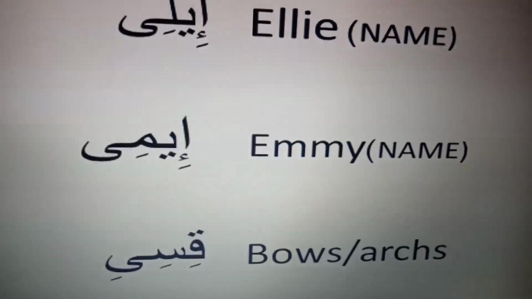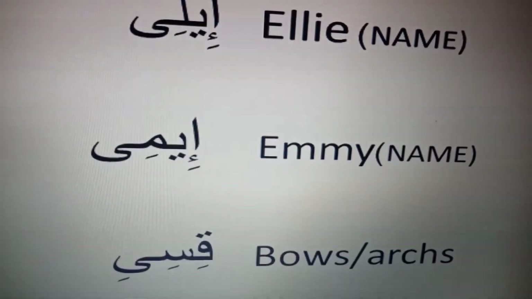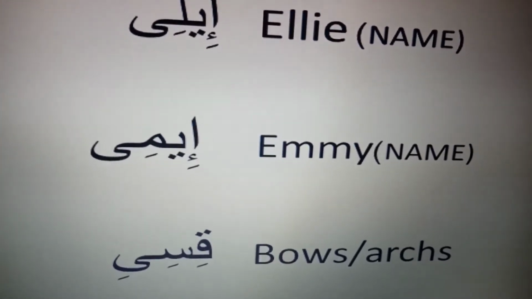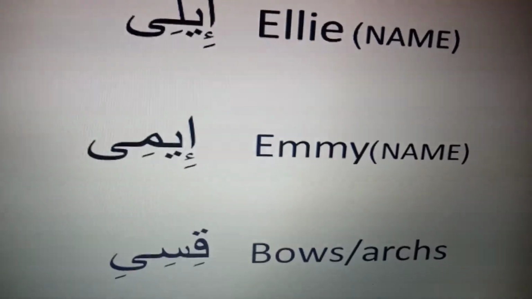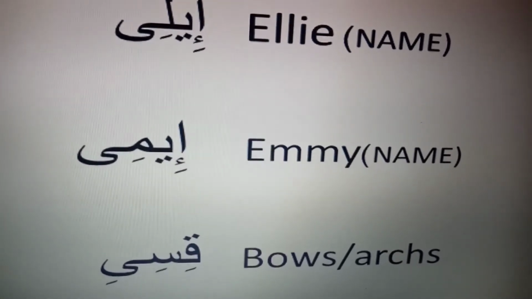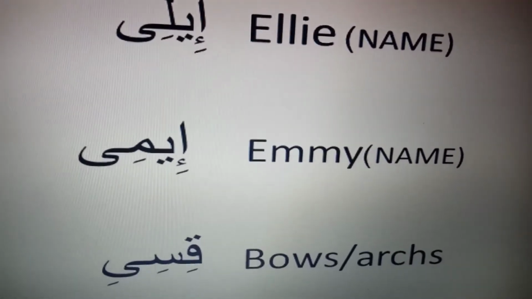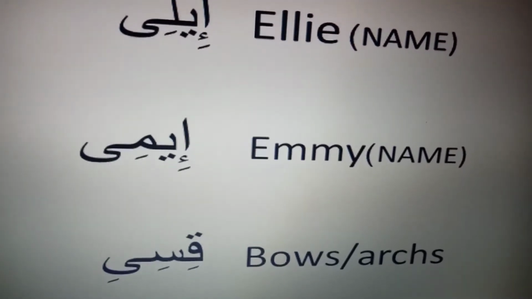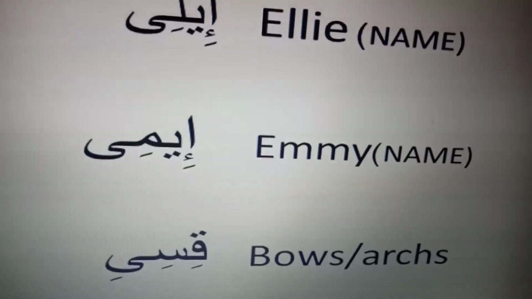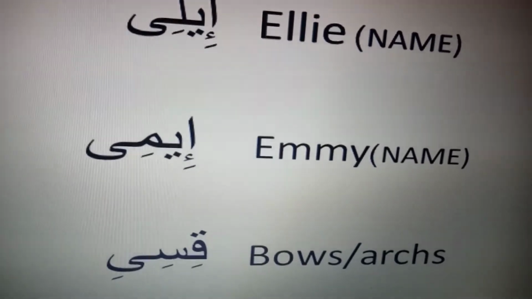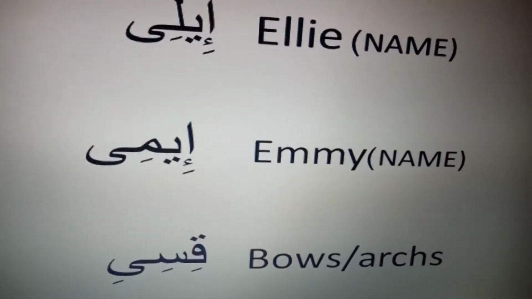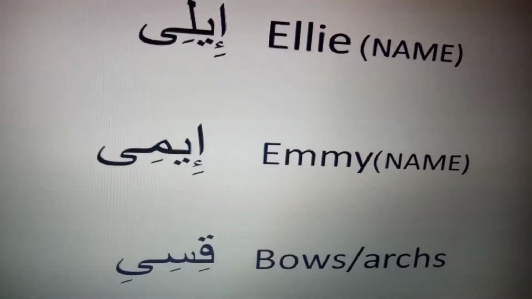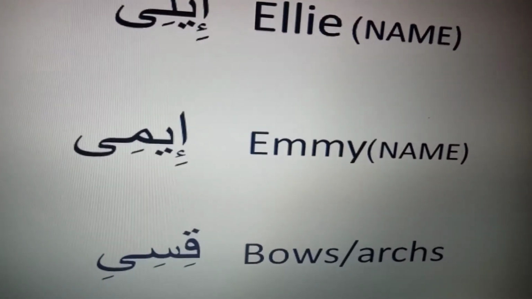The first letter is alif, also alif with a hamza below it, so it's pronounced and the hamza is written below, because when the alif has a kasra below it, the hamza is written like that, so it's pronounced as e. The second letter ye is pronounced as e. And the third letter mim is pronounced as me. Mim with a kasra below it is pronounced like that, me. And the ye, the last letter, is pronounced as e. So e, me,